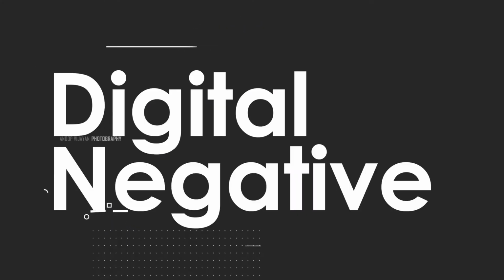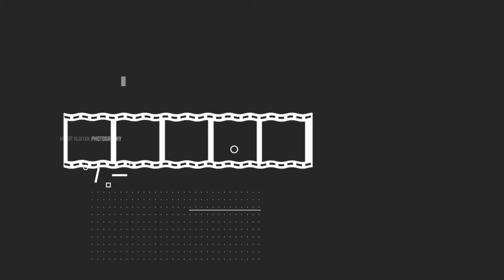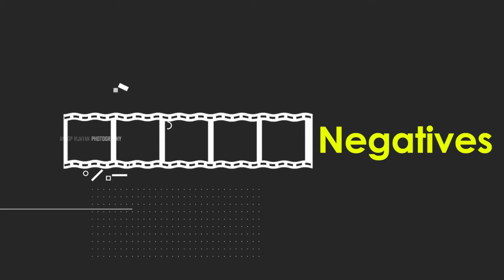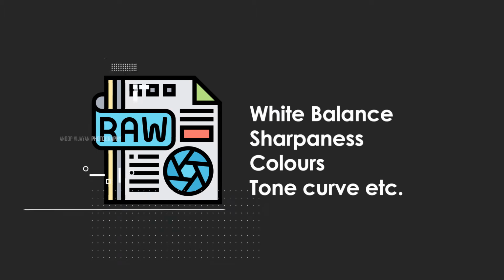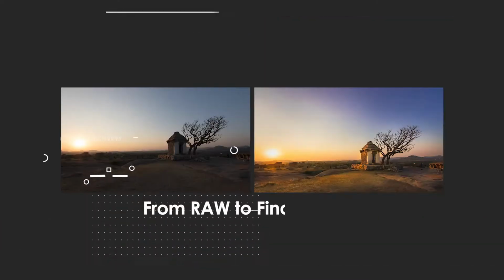What do you mean by a raw file? The raw file is nothing but a digital negative. That's what I wish to say. If you go back around 10 or 20 years, cameras used film rolls, and those film rolls we used to call negatives. After capturing the images, some set of data is stored in that particular film. The same way, in the digital raw file, when you capture the images, some set of data is captured and merged along with it, and that file is going to be very heavy because it has a lot of data. When you manipulate that information, you will get amazing photos. That is the basic concept of a raw file.